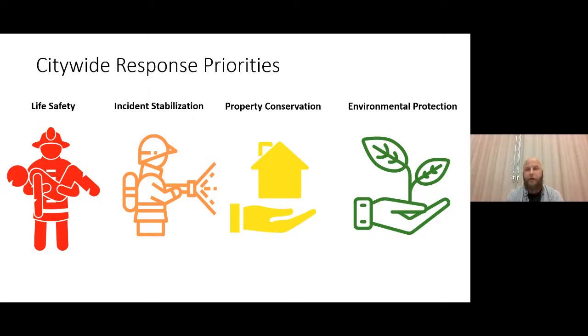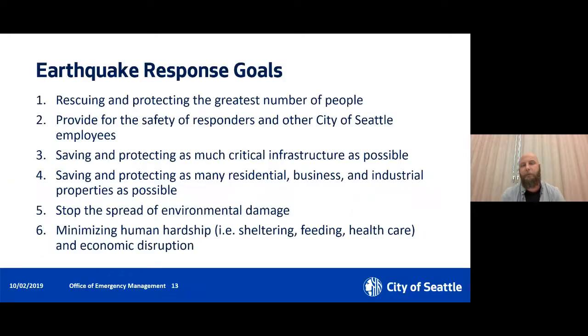Sometimes there's so much snow that we have to go with the option of actually starting to dump snow into Puget Sound. There are environmental impacts of that and even fines that we can get from that. But if given the choice of not being able to remove snow from streets and not having emergency services access, not having access to hospitals, and endangering the environment, then we go with the life safety and we do what we need to do so that we can continue to prioritize life safety. So these are kind of really high level priorities.